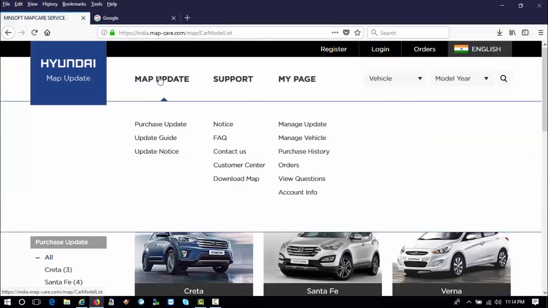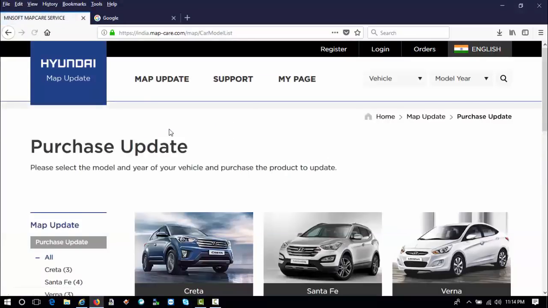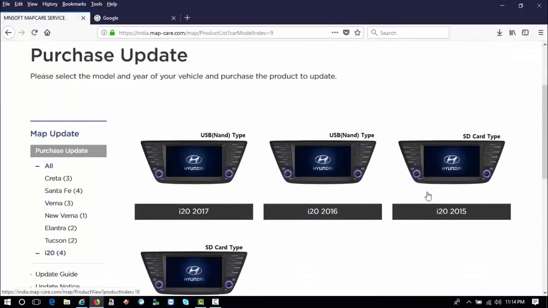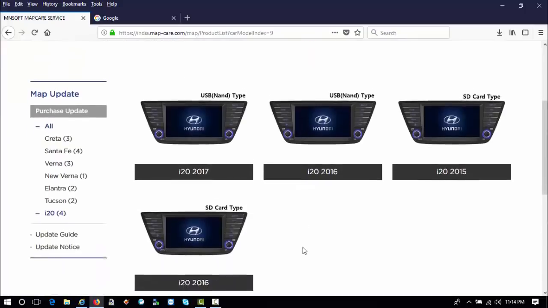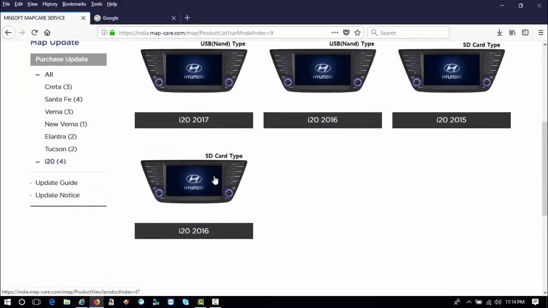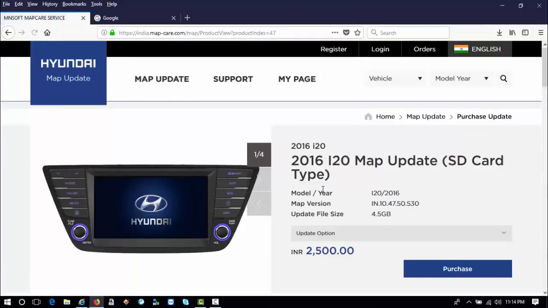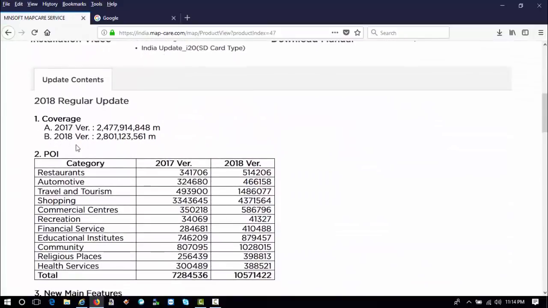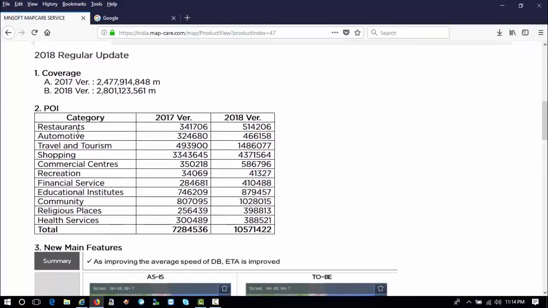So guys, if you go to map update and purchase update, you will see the vehicle information here. Just go to i20 and it will show you the updates available. And here if you select 2016 i20, here is the regular update changes. So these are the changes, like this many restaurants, automotive, travel, tourism, commercial centers, recreation, all this information is added